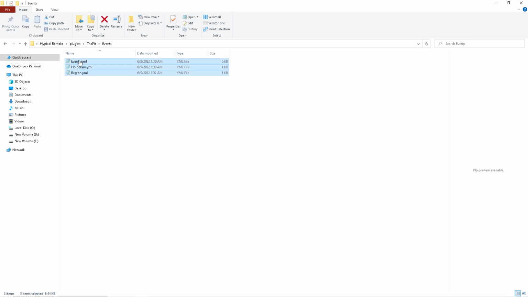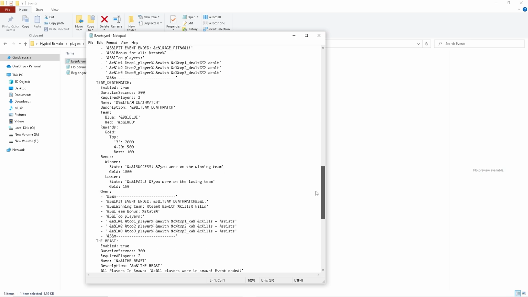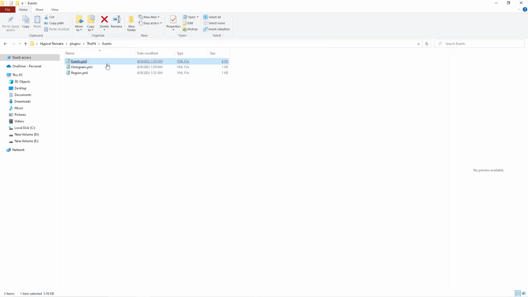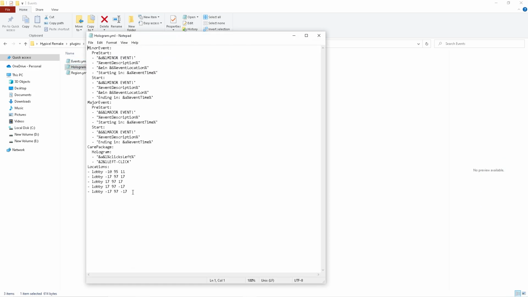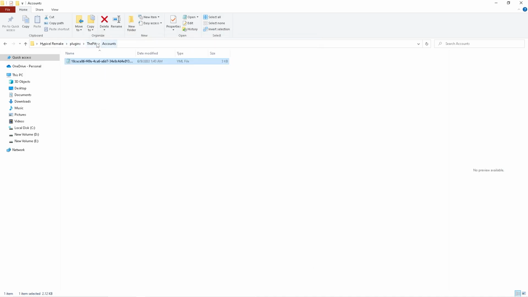Here are the different events. So events, I mean, you can change anything about every single event that we added. The holograms, I can actually remove one of the holograms that I accidentally placed down right here. The different regions that the events are in, and they also have a pretty cool one. It's the accounts